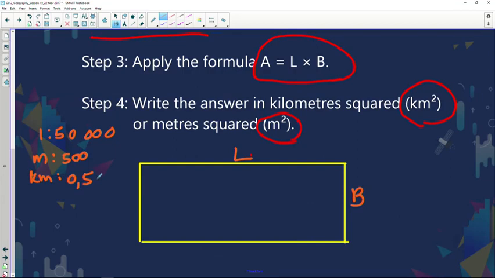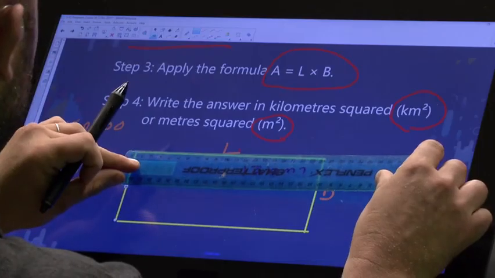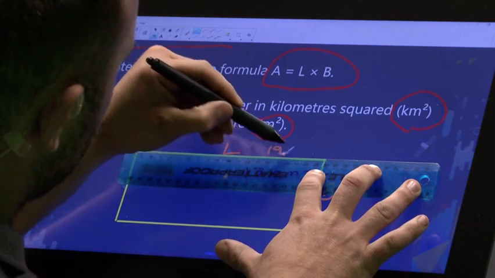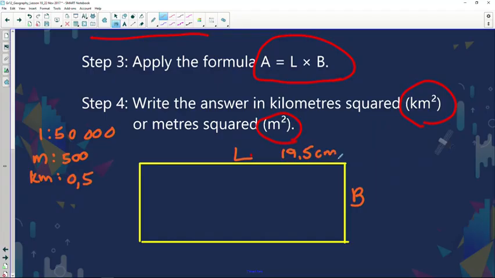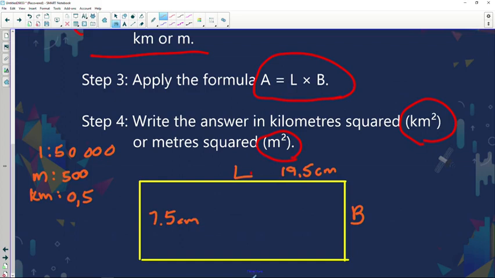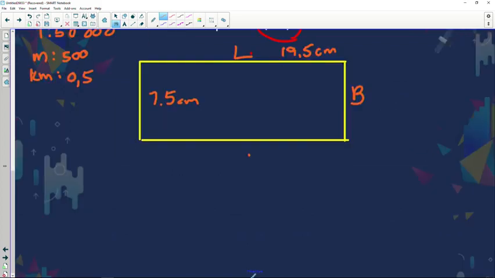So once again, you use your ruler. You can see the length is 19.5 centimeters. If you look at the breadth over here, we measure the breadth over there at 7.5 centimeters. And let's quickly go and do the calculation. Now keep in mind, this area that we measure is on a 1 to 50,000 topographical map. So first of all, area equals length times breadth. So it's